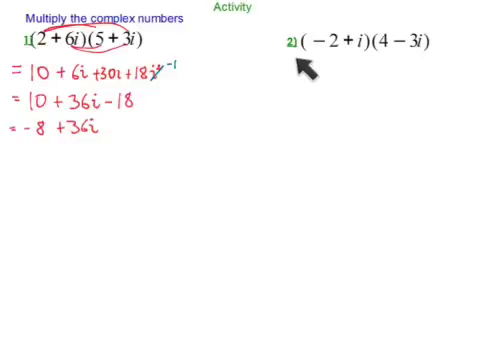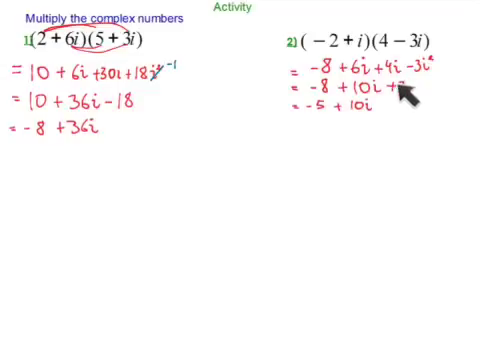Let's try the next example using a FOIL method, expand it out. Okay, there's that i squared term again. Remember that i squared is the same as a -1. And it becomes a +3 here. And collecting our real parts, and we get that as our